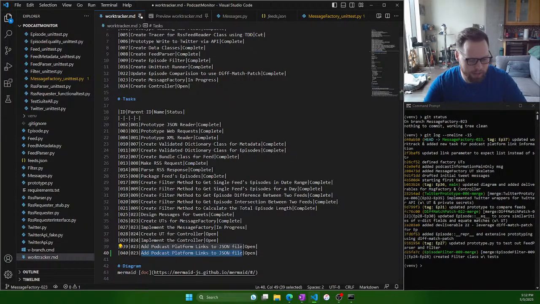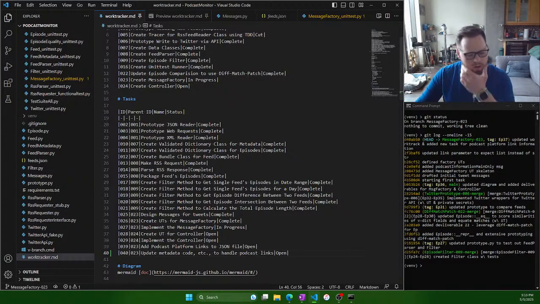And we're going to say update metadata code, etc., to handle links,